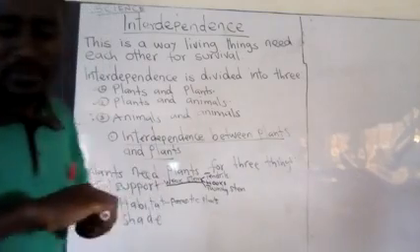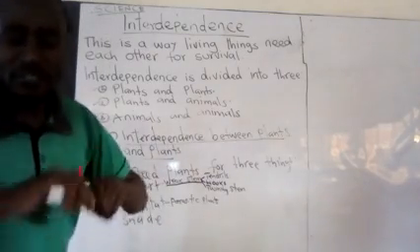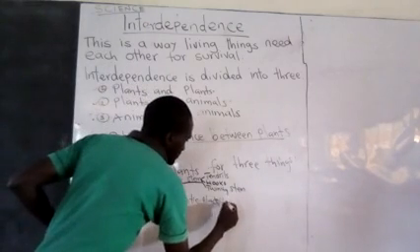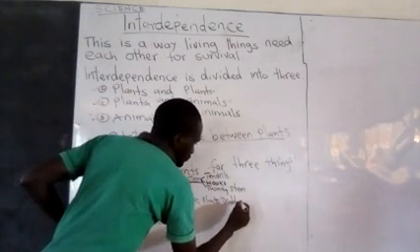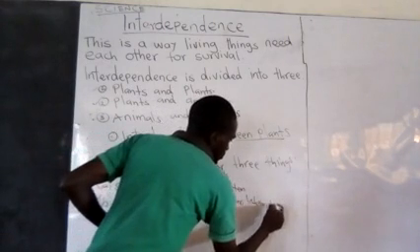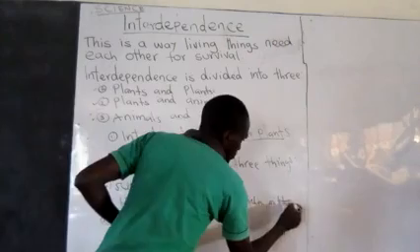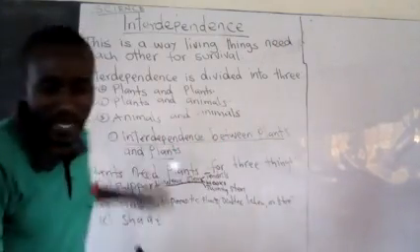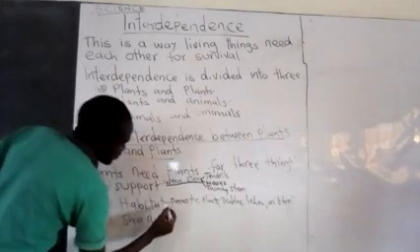Examples of parasitic plants, we have dodder, we have lichen, and mistletoe. These are called parasitic plants. They fall under habitat. There is also another group which is called